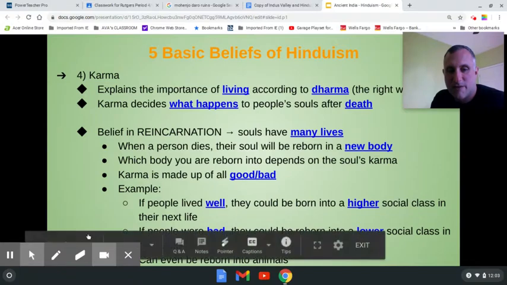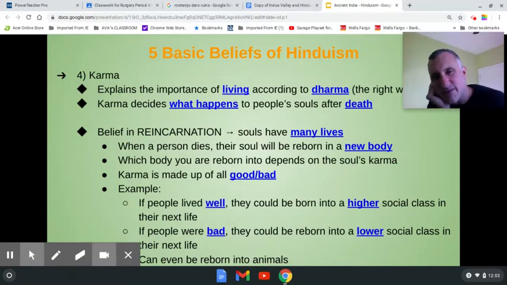I really doubt we'll get as far as karma today. Karma, people say karma's a... You are supposed to live according to your dharma, your job, your roles, your responsibilities. That's following your dharma. Your dharma is your responsibility. If you're in caste number 2, the caste number 2 responsibilities are yada yada yada. You're taught them when you're little. You grow up and you follow them. If you do not, karma will help or hurt your soul.